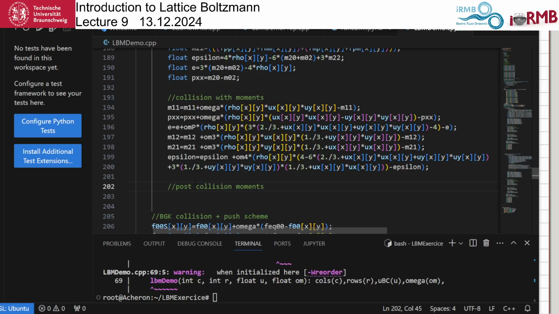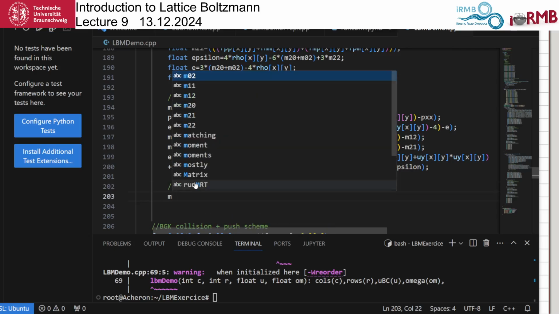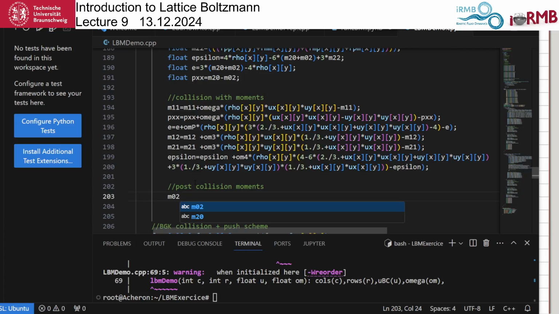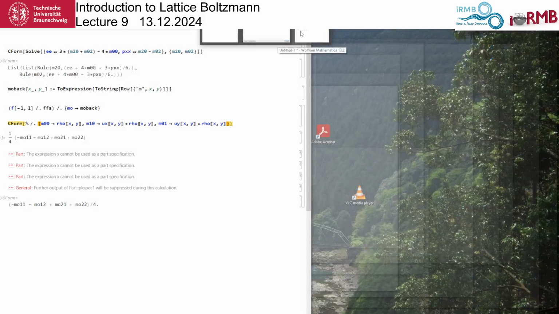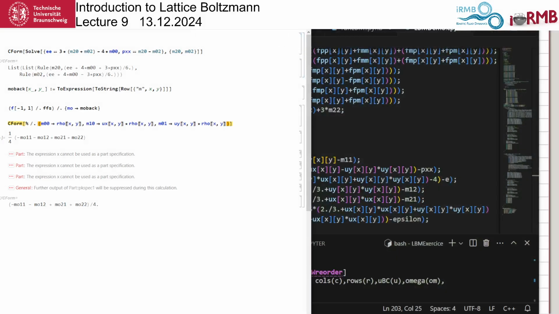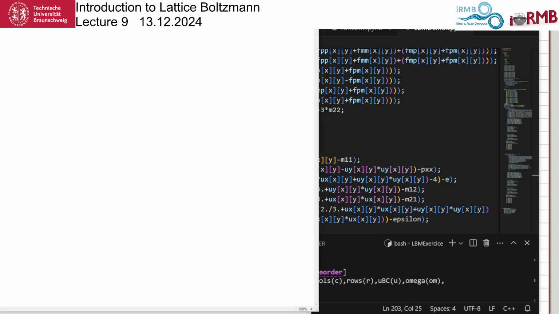So the post-collision moments, so we'll have M02, for example. Oh, no, it starts with the other one, M20, right? So this is something that we have for, okay, so what we have to do for this? I believe I've done this, but let's just,